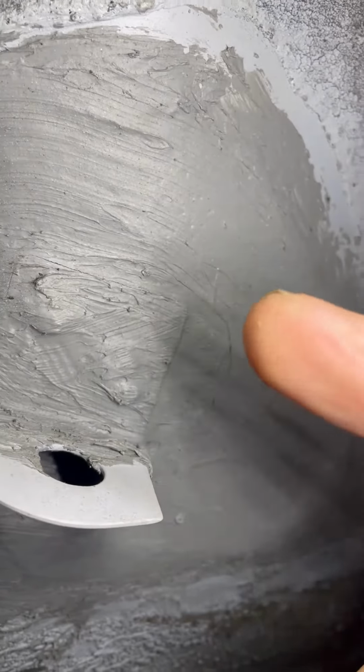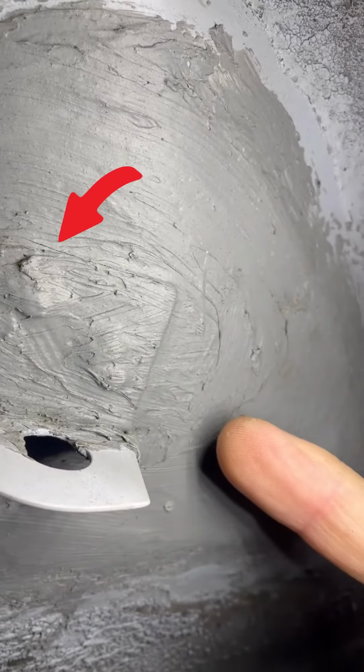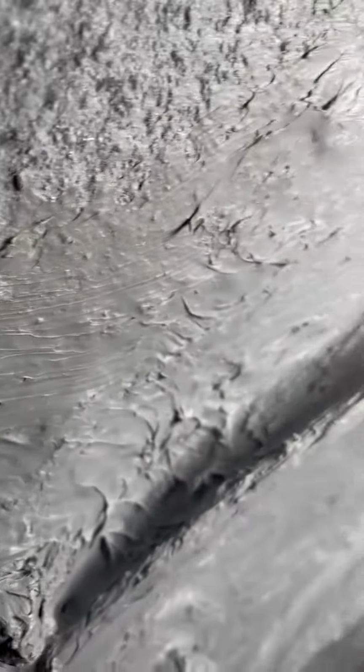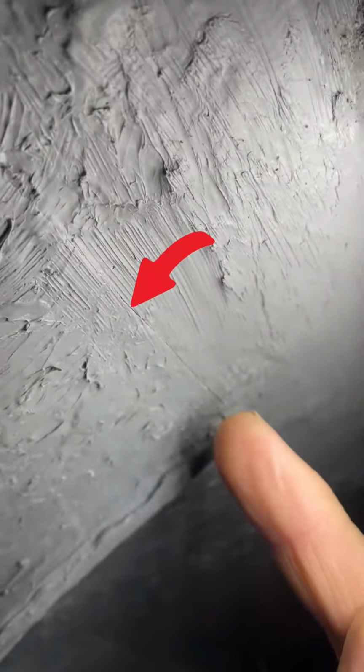Just checking the sealant, and I'm not sure if you can see that there are fine cracks around here. I'll just place the light better. So around this bracket, a small hairline crack, and also I'm not sure if there's another one here. Yeah, you can definitely see one here. Oh,